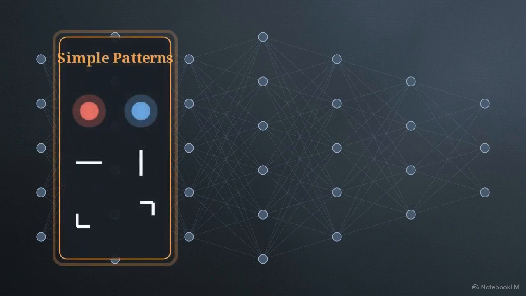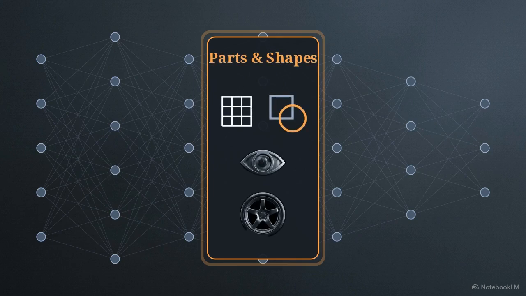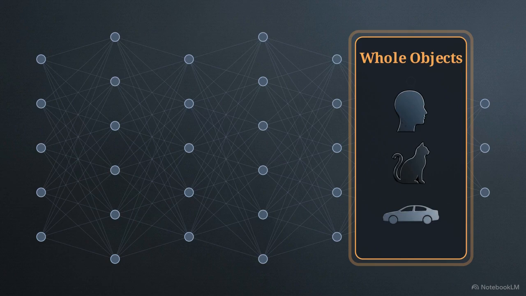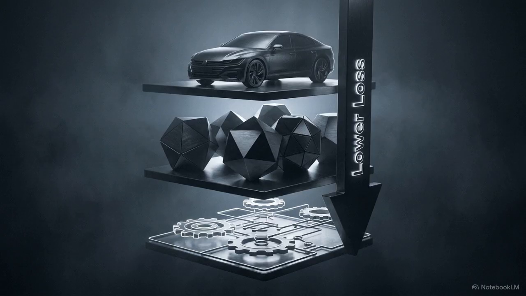Looking at the first highlighted layer, we see that early layers learn to detect simple visual building blocks, sharp edges, corners, and basic patches of light and dark. As we move into the middle layers, the network begins combining those raw edges into recognizable textures, geometric shapes, and distinct parts like wheels or eyes. Finally, in the later layers, the network assembles those intermediate shapes into whole, meaningful objects. It recognizes complete faces, cats, or cars. Human programmers never wrote a rule defining an edge or an eye. This entire hierarchy of features emerged organically, simply because the system was continuously forced to lower its loss score.